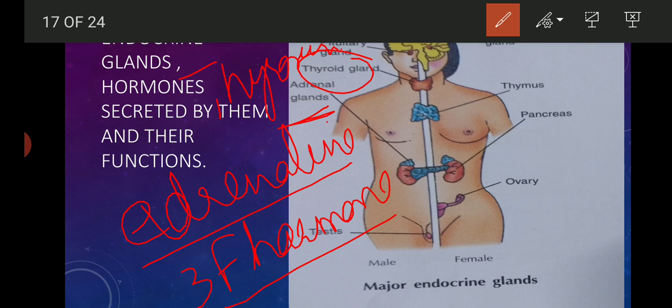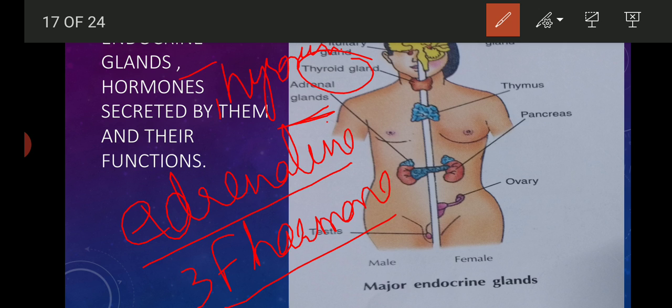Also known as the triple F hormone. It is produced in response to cold, joy, anger, fear, and emotional stress. The involuntary muscles of small arteries contract and reduce the blood supply to the skin. Blood flows to skeletal and heart muscles during fight, fright, and flight. So there is extra blood flow to the skeletal and heart muscles.